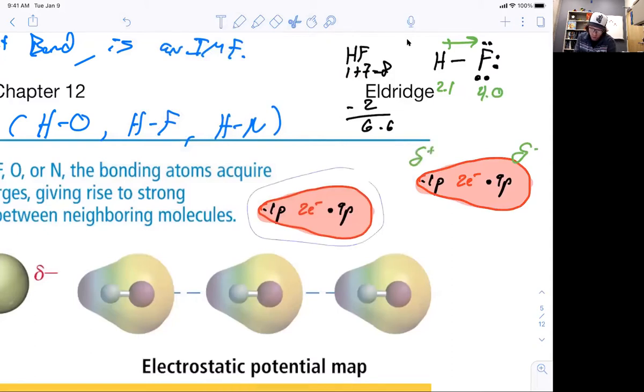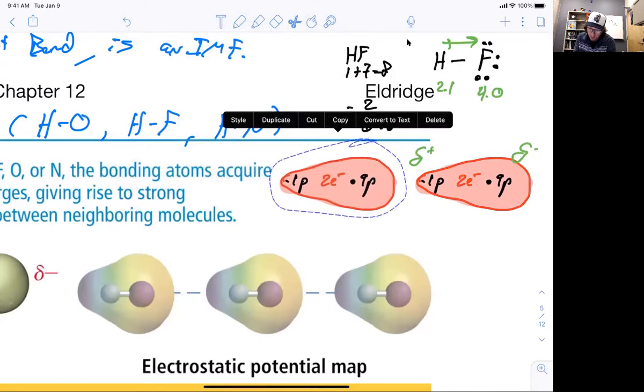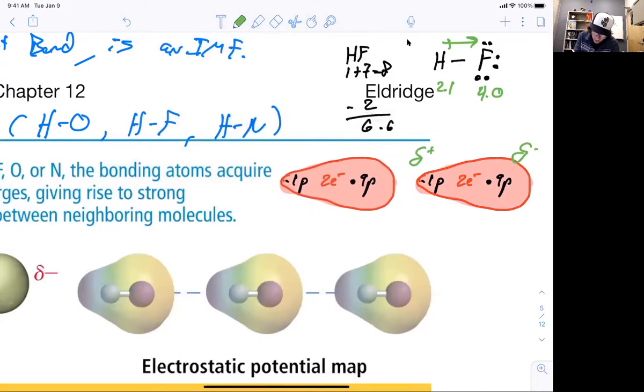And so when you take this molecule here, these extra electrons that are on the delta minus on this fluorine, they can get very close to the nucleus of the hydrogen in a neighboring HF, right? There's no core electrons. The two electrons in the bond have been pulled way to the other side of fluorine. And so that's what a hydrogen bond is. It's when a very electronegative atom on one molecule can get super close to the hydrogen nucleus, and you got